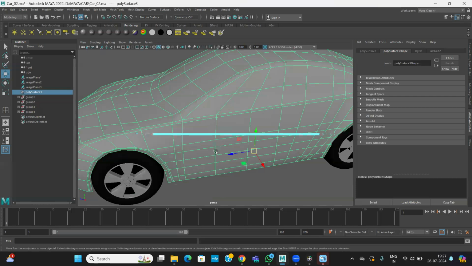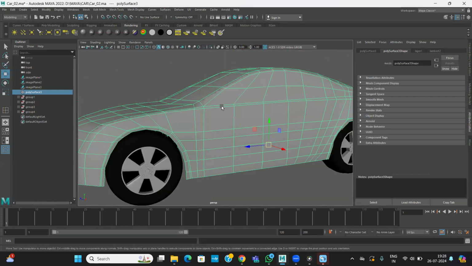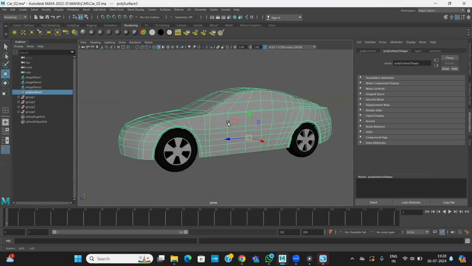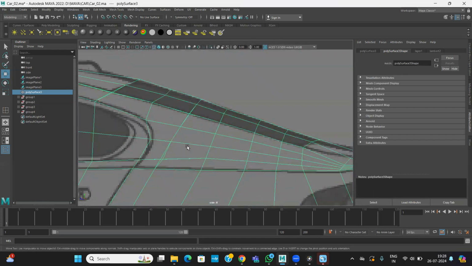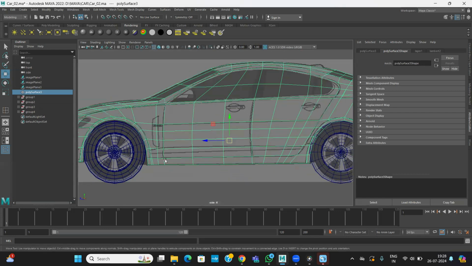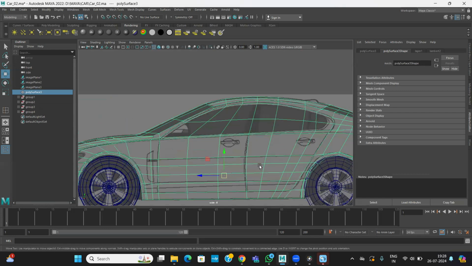Let's look at how to create the door and the glass part. Those details you can see, the overall is done. So now let's go for the details. If you see the inside view, you can see the door details, the marks you can see here,